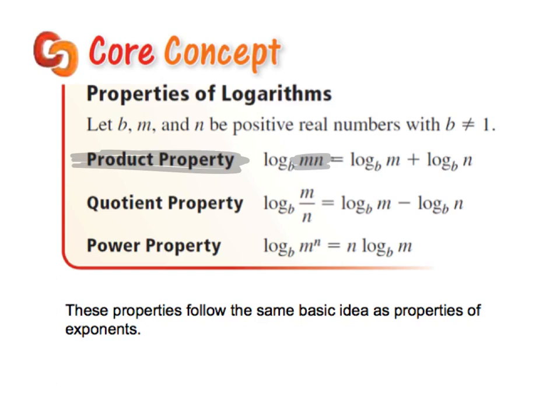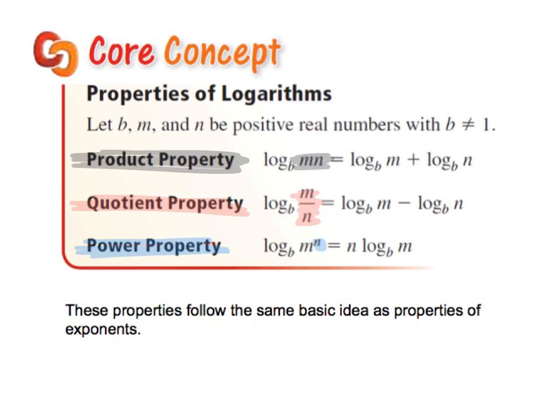If you are looking at the quotient property, which basically means you are taking the log of two things being divided, log base b of m divided by n, you break it apart and you are subtracting those logs. Much like when you divided with exponents, you subtracted those exponents. When you have log base b of m divided by n, you can break it apart and subtract both of those logs. The power property